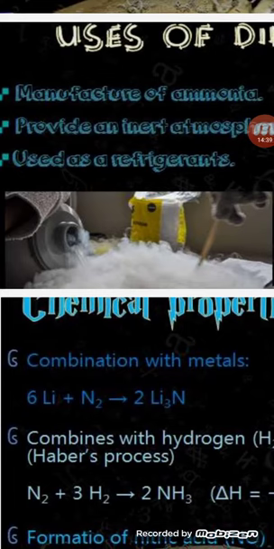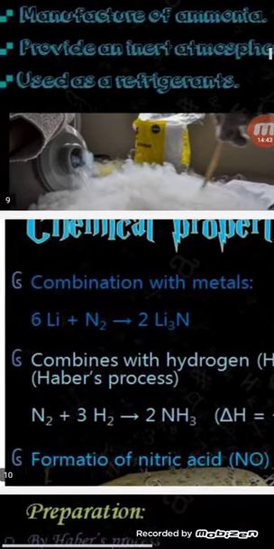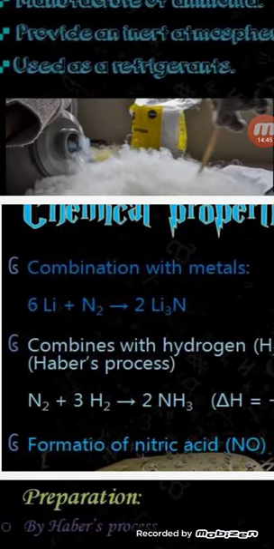Some chemical properties of nitrogen are that it reacts with metals to form nitrides, and it reacts with hydrogen to form hydrides,